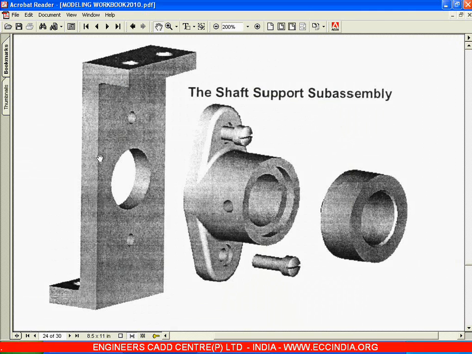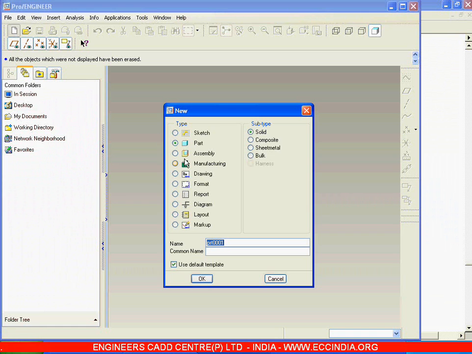As we have completed all the 4 models, now we need to assemble them in an order. First take this particular part and assemble, then this part and this part, and then the screws. So going to assembly, take a new assembly, design and